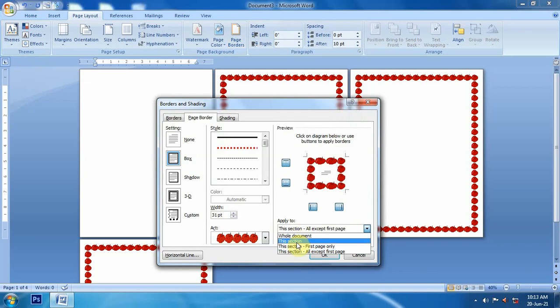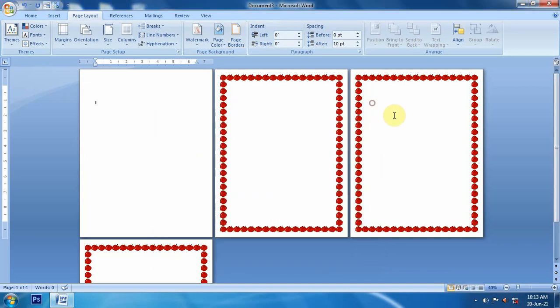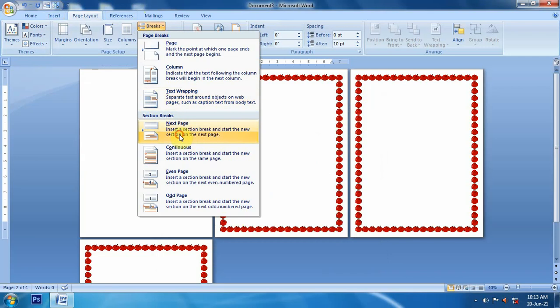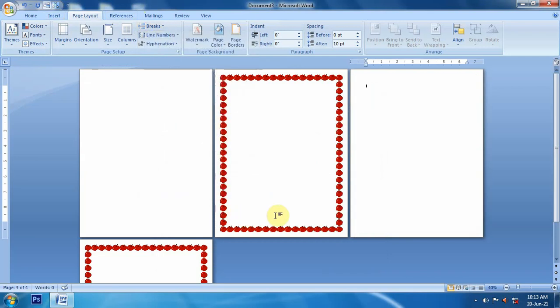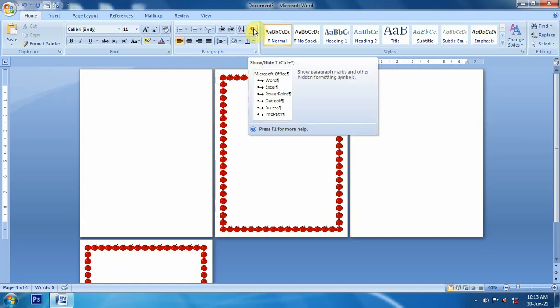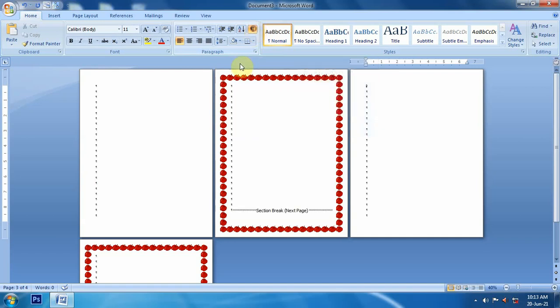And for section, we have to create a first section in our document. Generally when we create a file, it contains only one section. So to create multiple sections, we will do like this. Suppose I put my cursor over here and go to break, and I say next page section break. So a section break has been created over here. We can see the section break with the help of this formatting marks button. We can see here, it is a section break.